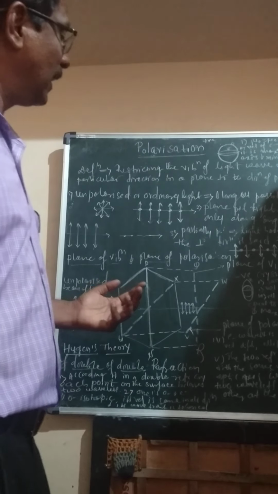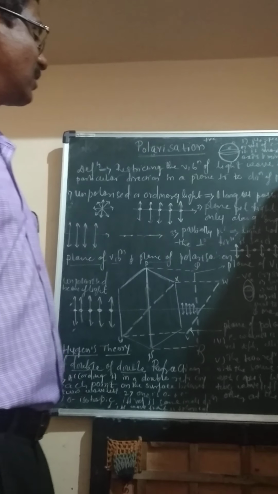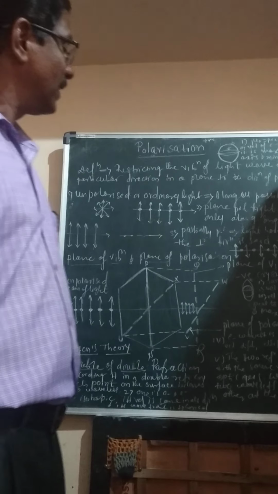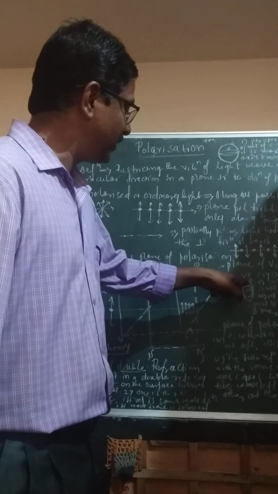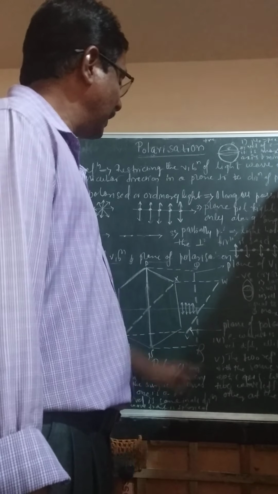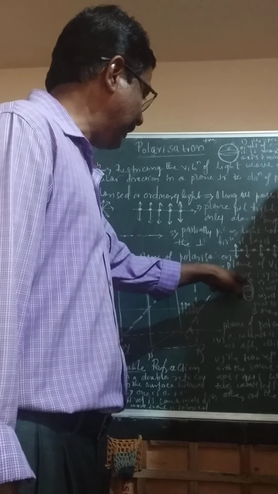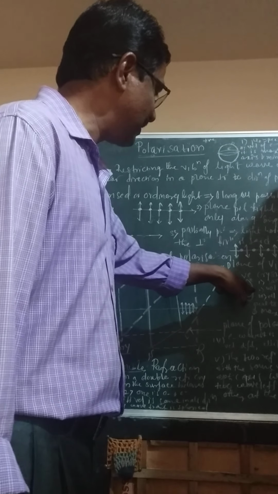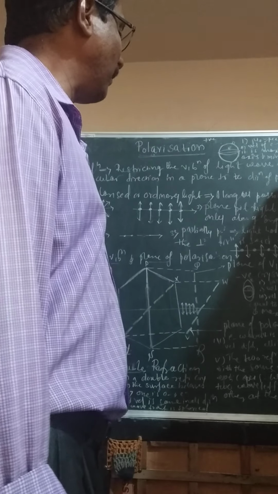And one more thing in the case of negative crystals, the minor axis. Here the outer one is our elliptical wavefront, the inner one is our spherical wavefront. The minor axis of the elliptical wavefront is this one, whatever the central line I have drawn, that is the minor axis of our